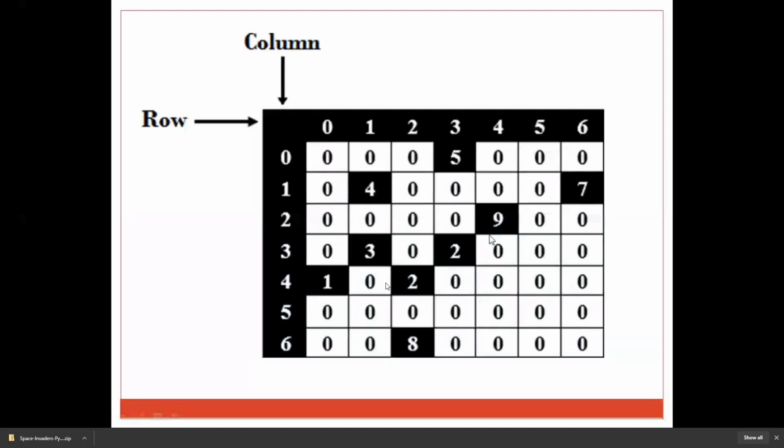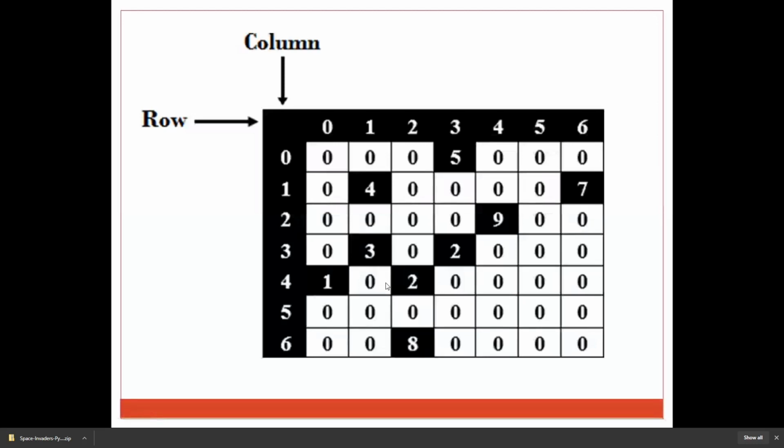Now, can anyone give me the three tuple format for the value 8? 6 2 8. Correct, 6 2 8 is the tuple format for 8. So this is the second approach we are discussing, the three tuple format.